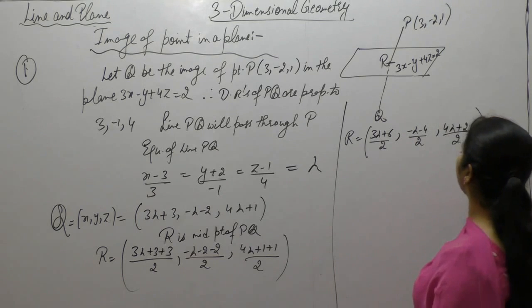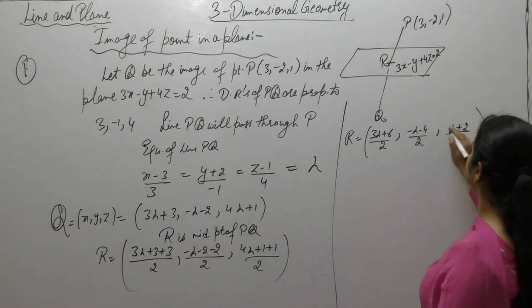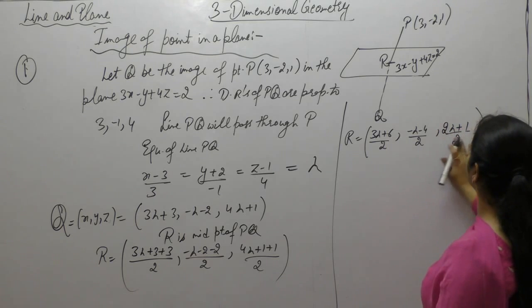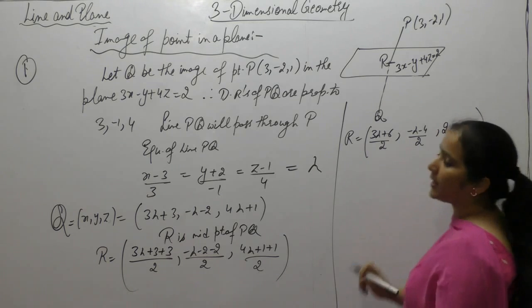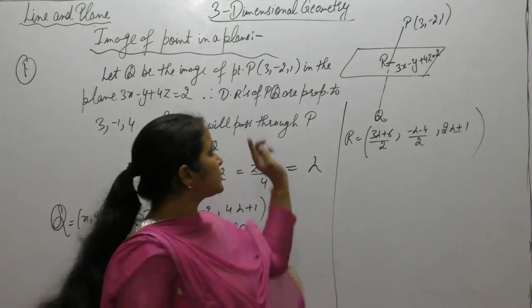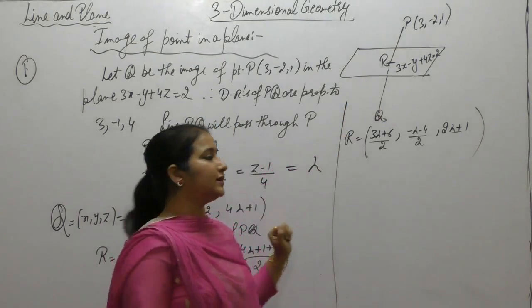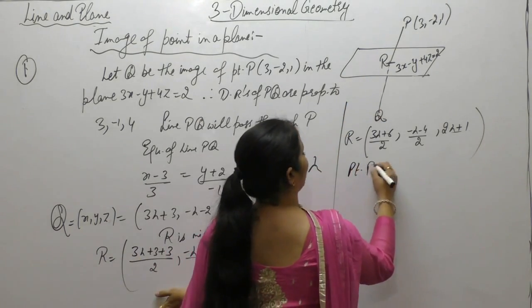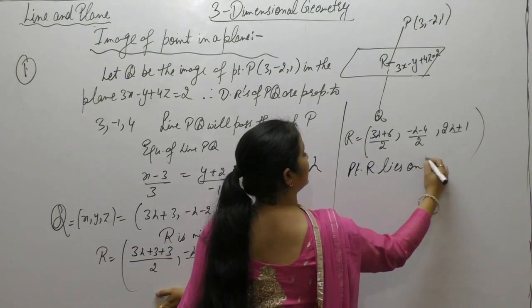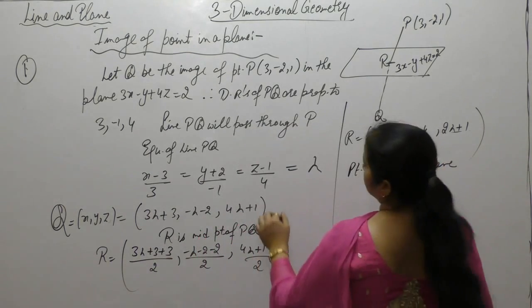By taking 2 common, we get it as 2 lambda + 1. Now since the point R lies on the plane,